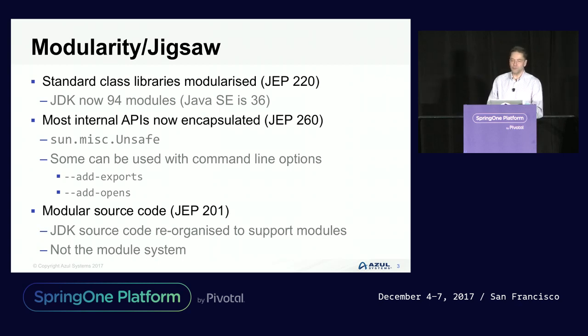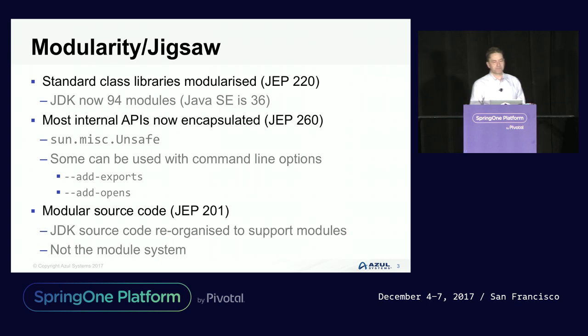There are a couple of command line options you've got. There's add exports and add opens. Add exports is if you're using something like sun.misc.Unsafe and you want to import it so you can reference it directly from your code, then you can specify which particular packages you want available and which particular parts of your application you want those available to. Add opens is effectively the same thing, but allows you to do it through reflection rather than directly accessing the